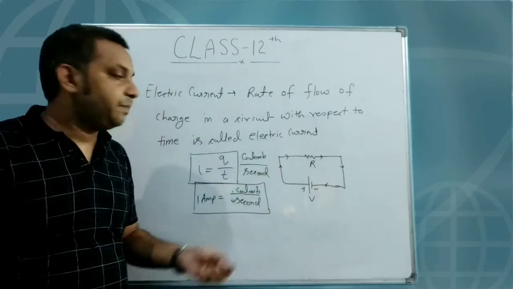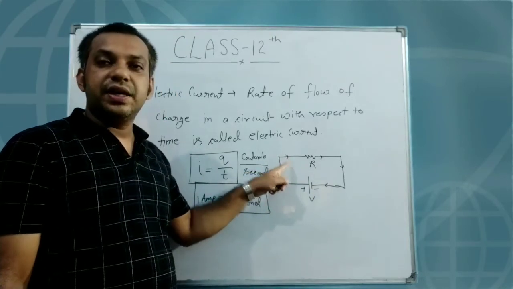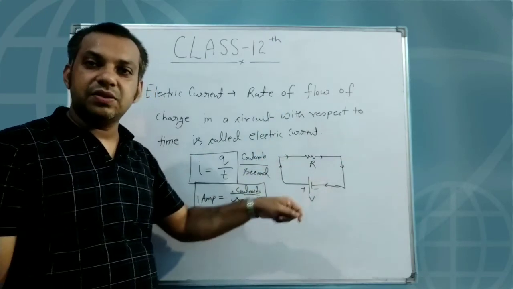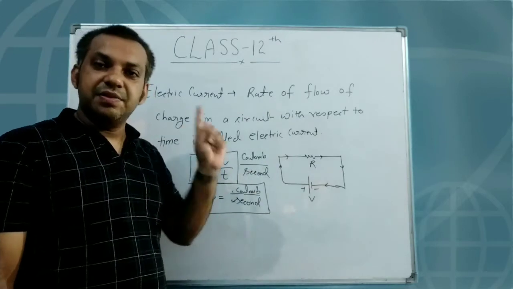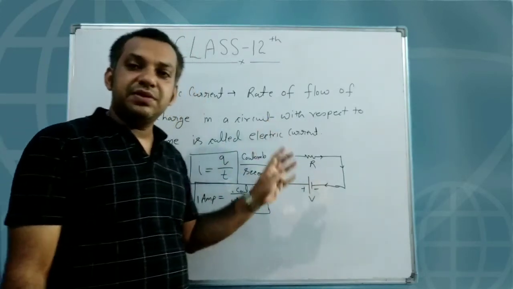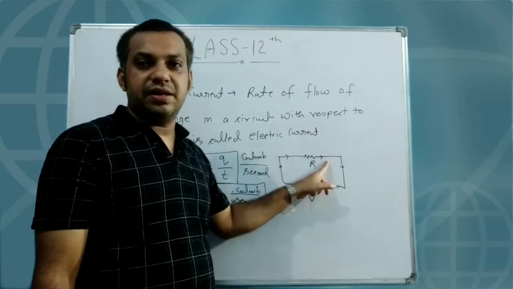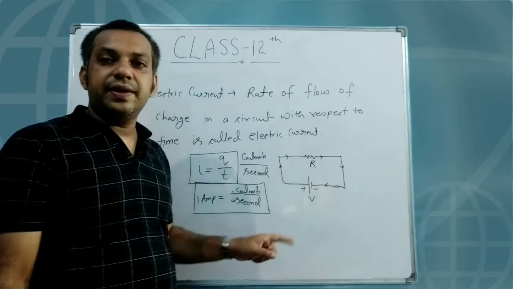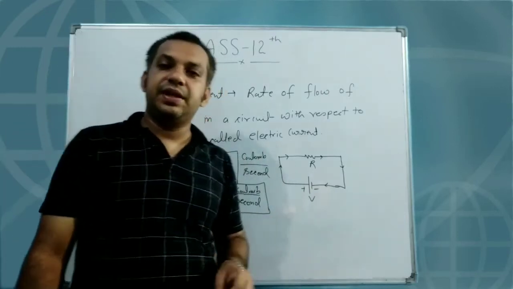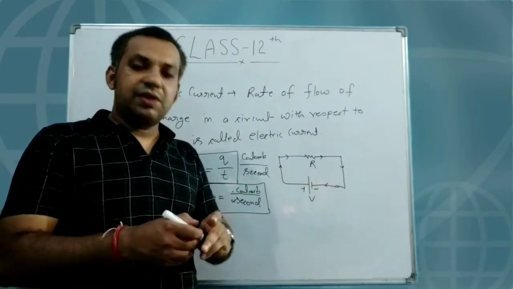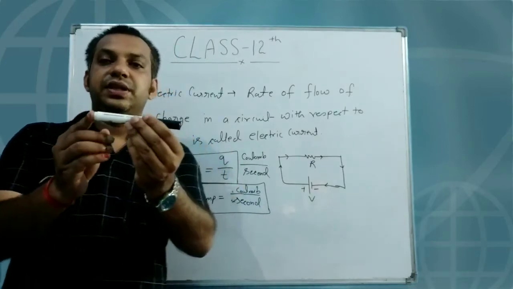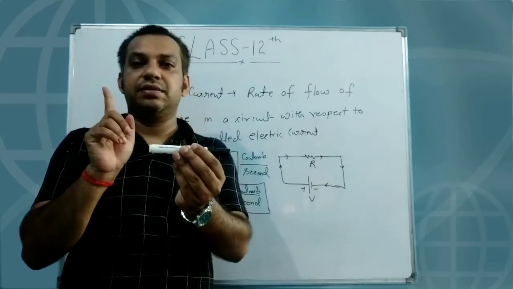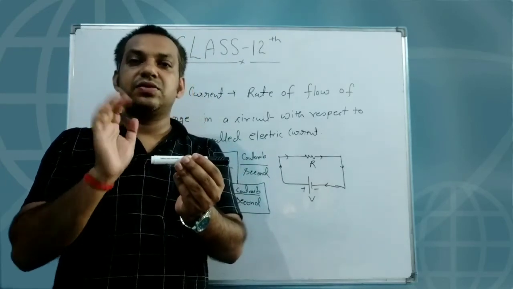That means you are not saying that the electron or the positive charge is moving in the north direction, or the south direction, or the east direction. You are not saying like that. Simply you are representing this arrow, which means the positive charge is moving from this side to this side in this wire. So here, the arrow only signifies an indication in a particular wire. Suppose this is a wire. Whether the positive charge is moving from this side to this side or that side to this side, it is only a simple indication. It is not a vector representation.